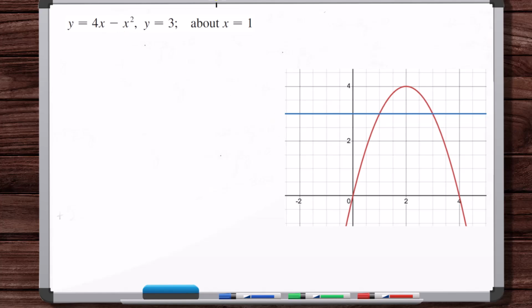Okay, so the area contained within these two curves, here's y is equal to 3, here's 4x minus x squared. So this area revolved around x is equal to 1, which is here. What's the volume of that solid? Okay, so when we're thinking about shells, it's not going to be horizontal. That would be a washer. It's going to be vertical